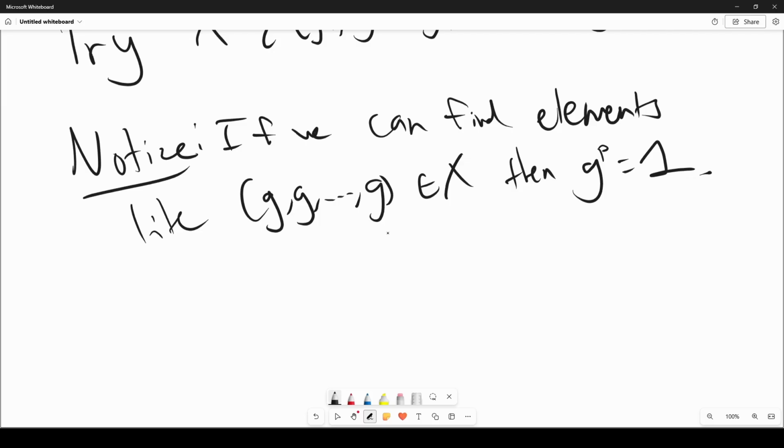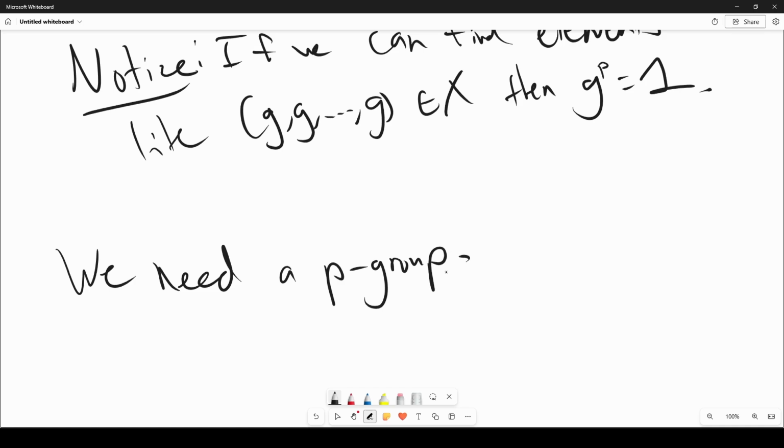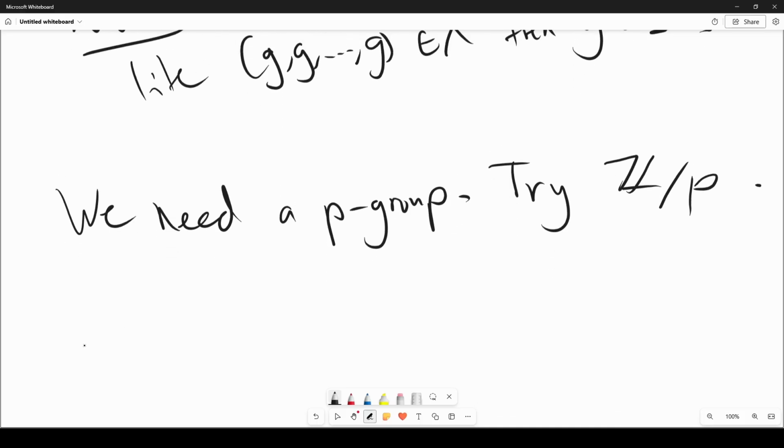To do that, we want to define a group action that will allow us to find these as fixed points. They're going to try to arise as fixed points of the set and the group action. So we need a P group. There's not too many options, to be fair, just arbitrary P groups. So we're going to try one that we always know exists, which is Z mod P. Okay. What is Z mod P going to do? Well, we have P elements,